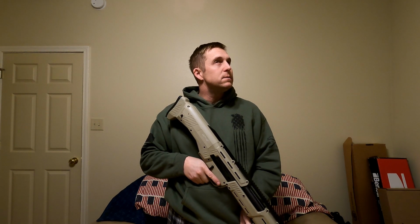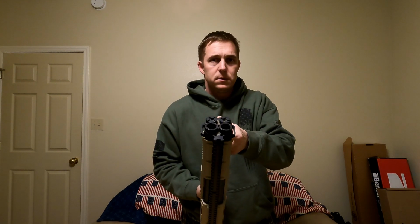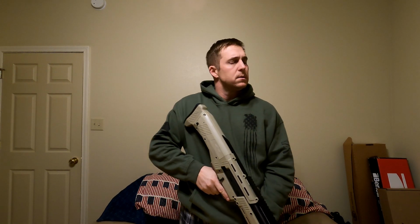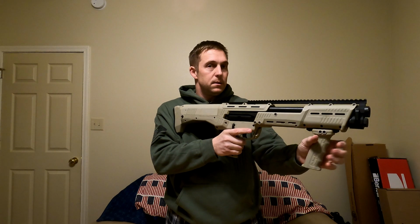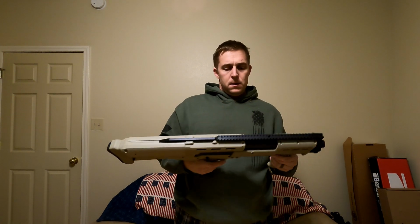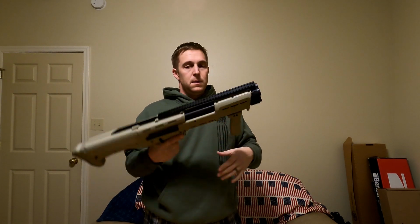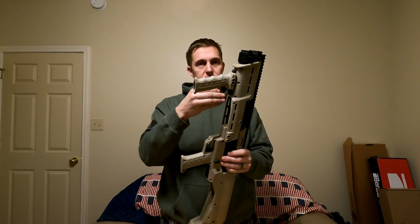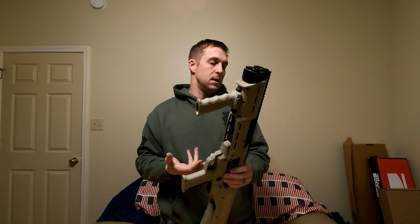Very unique thought process here. So you have a double barrel, 2 barrels, pump action shotgun. And the thought process, and it works, is you shoot it like a double barrel, 2 trigger pulls, 1 barrel, pump it, and you get 2 more. And being that it's a bullpup design, like a KSG, it's a very short shotgun. You have a 7-round tube on each side. So if you're using like 2 3/4 inch, you have 7 in each tube, plus 1 in the chambers. So you have 16 shells in the gun,